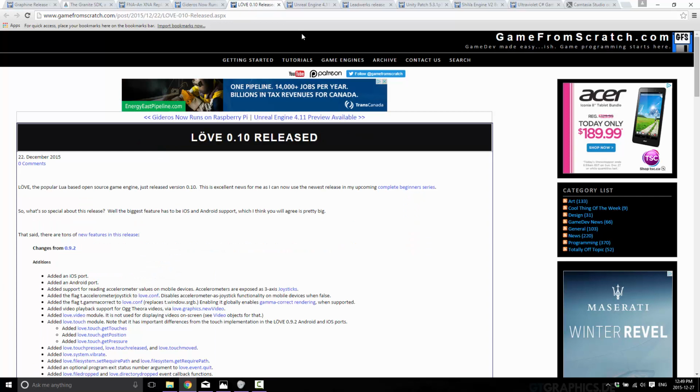Now, the biggest one of this week is probably the release of Love 0.10. Now, don't let the version numbers mean anything to you. Love's been around for years. They've just got the most conservative versioning system ever. They're a very mature product. But this week added some huge things. And the biggest, if you look on that list, are number 1 and number 2, iOS and Android. And this is probably the biggest thing that's been holding back Love.